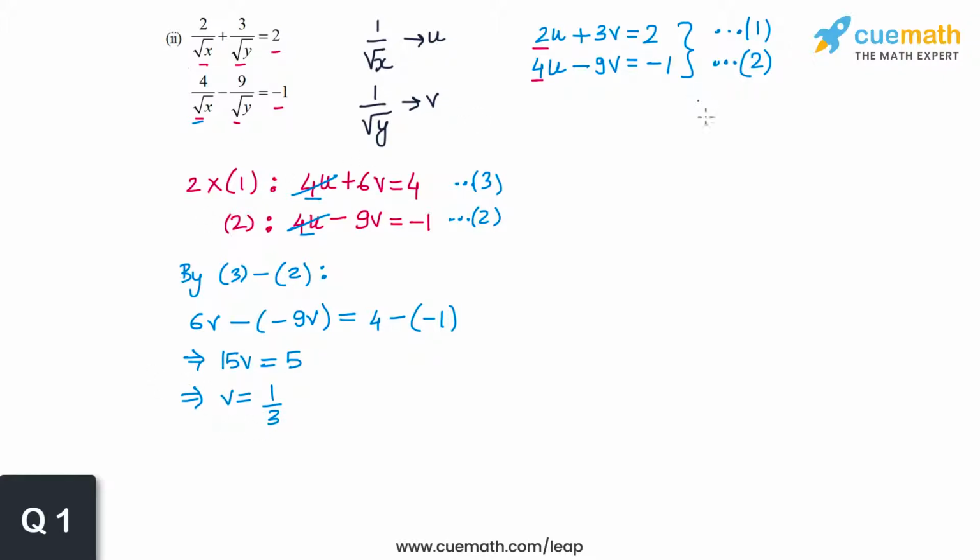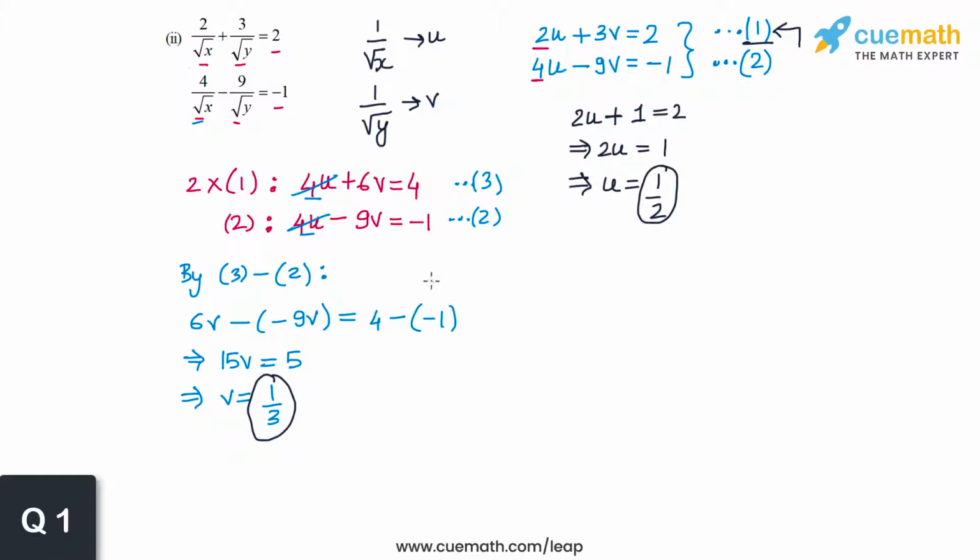And now that we have the value of v, which is 1 by 3, let's substitute this into any of the original equations and find the value of u. So let's substitute this into equation 1. So we get 2u plus 3v or 3 into 1 by 3 or 1 is equal to 2, and from here we get 2u equal to 1 or u is equal to half. So u is equal to half and v is equal to 1 by 3,